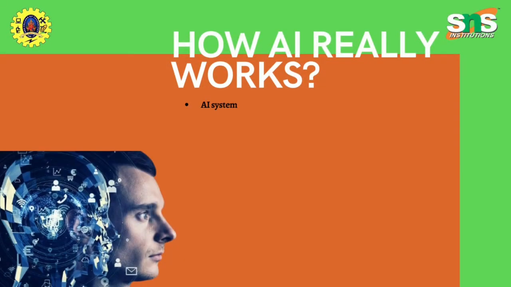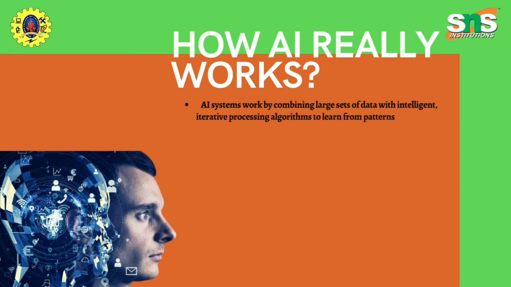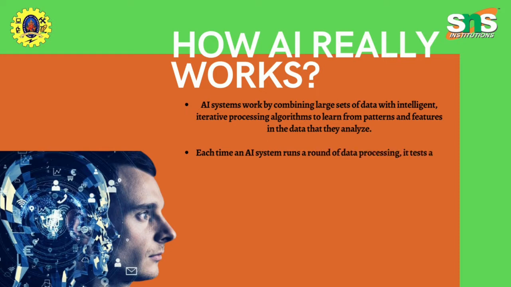How exactly does AI work? Well, AI systems work by combining large sets of data with intelligent, iterative processing algorithms to learn from patterns and features in the data that they analyze. Next, every time an AI system runs a round of data processing, it tests and measures its own performance